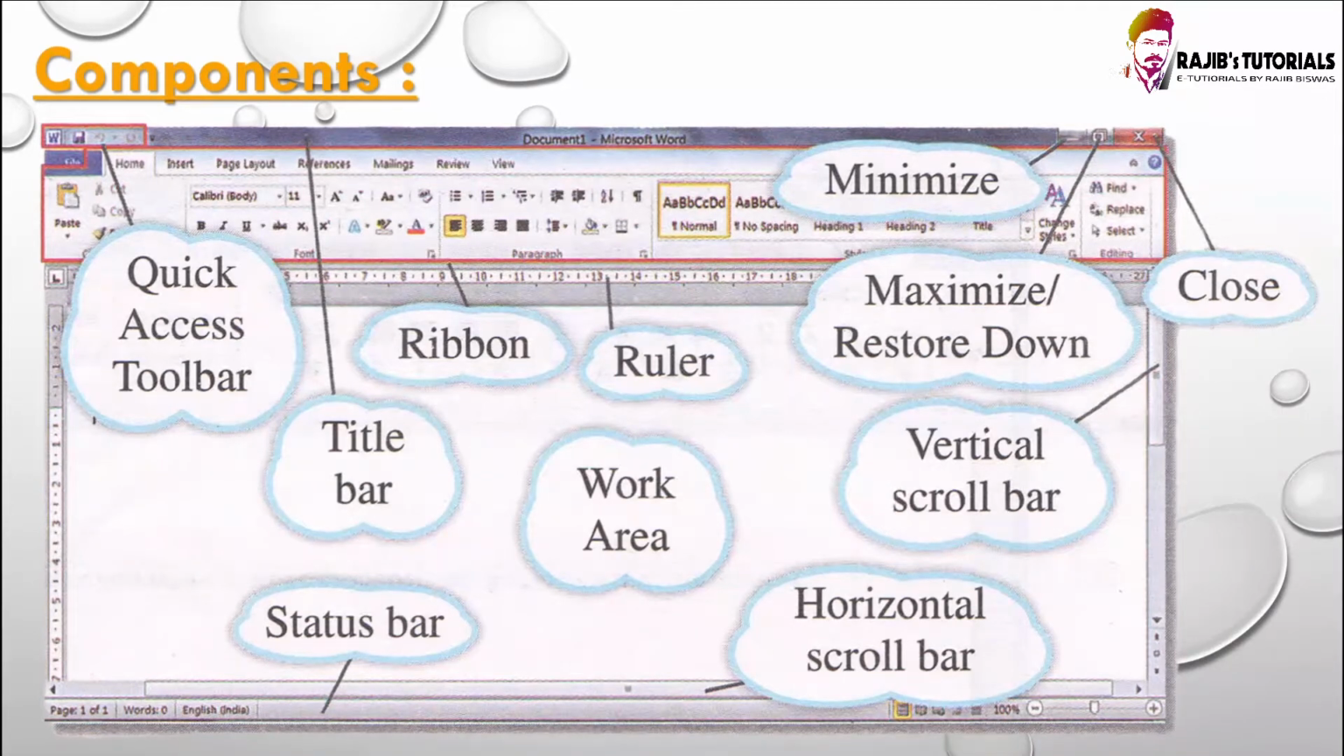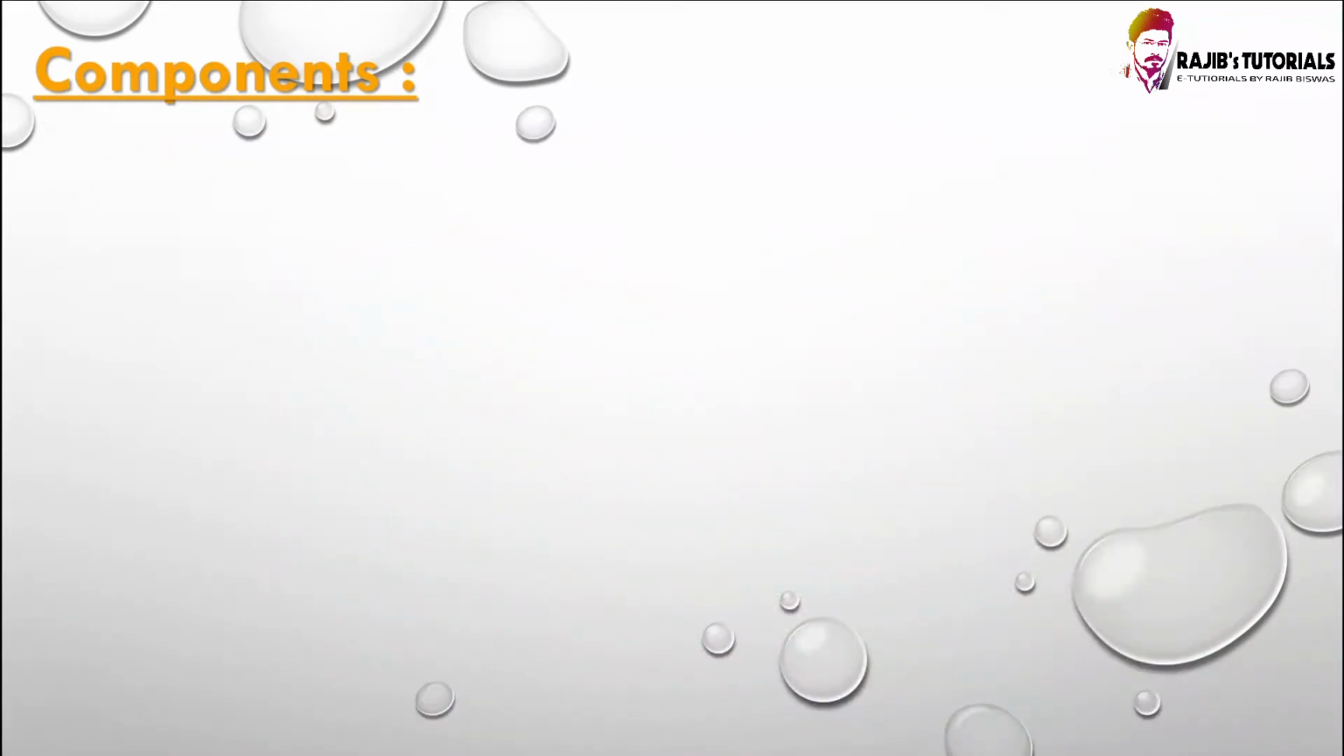In this image you can see many components like quick access toolbar, title bar, ribbon, ruler, vertical scroll bar, horizontal scroll bar, status bar, etc. Now you learn about the components. At first you will learn about